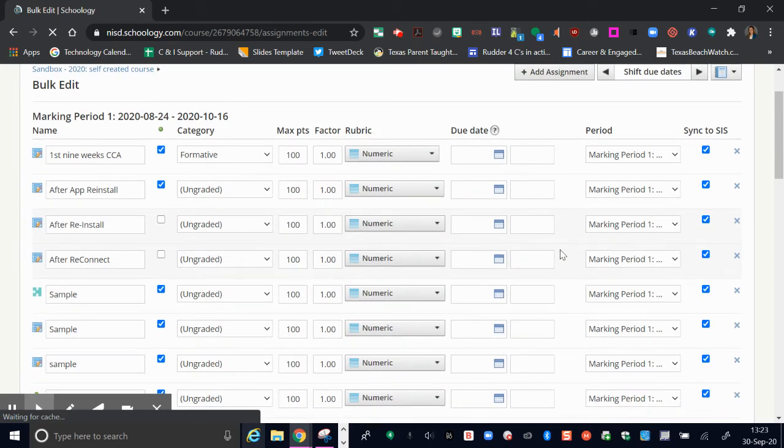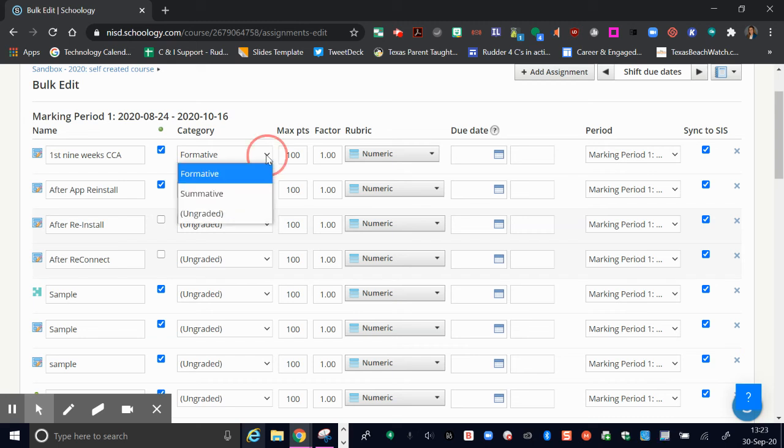So a couple more things about what you can do here in bulk edit, since we're here. The name of the assignment is always here. The green dot right up here at the top of the screen lets me know whether or not that assignment is published or unpublished for students. Coming over, I see the category. This is currently a formative assignment, but I could change that to a summative assignment here in bulk edit. The maximum number of points, how many times this assignment counts,